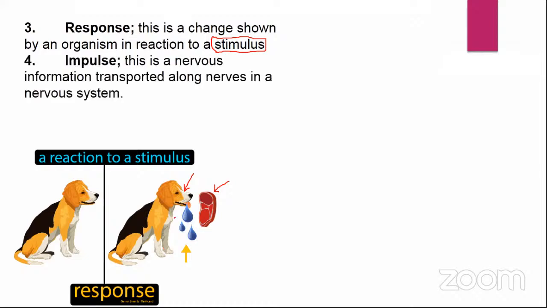There's also some other term like impulse. Now we are going to meet this term called impulse when we are looking at coordination in animals, because this topic is divided basically into coordination in plants as well as coordination in animals. In coordination in animals, that's where we shall look at impulse most of the time. And this is nervous information transported along nerves in a nervous system. Now, what you must know is that our bodies,